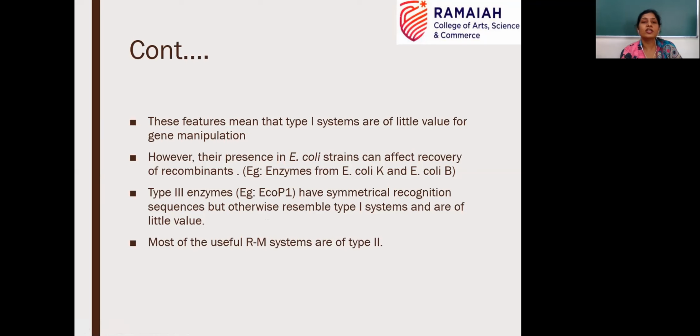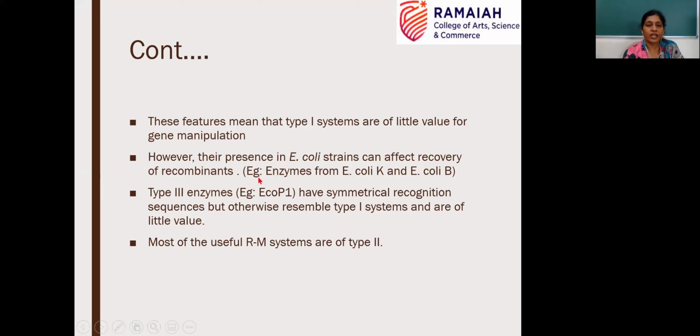Remember, once the recombinant molecule is produced, that will be transferred to a host organism for the propagation of the recombinant DNA molecule. Though I am saying that type 1 restriction enzymes are not very useful because of the random cleavage and they do not produce the defined length of DNA fragments, still understanding these type 1 restriction enzymes is important, because we have to make sure to remove these type 1 restriction enzymes from the organism which will be used as host organism. Otherwise, it will interfere with the isolation and recovery of the recombinant DNA that is present in the host organism. That might degrade the recombinant DNA, which is of our interest.